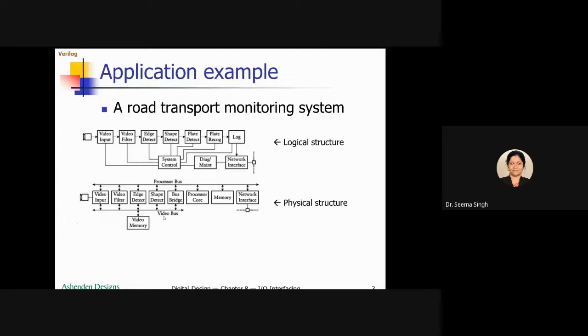And the specification is used as the input for the next stage of the design flow. So this is all about your architecture exploration, physical partitioning as well as logical partitioning. So this is your first part of the design procedure.